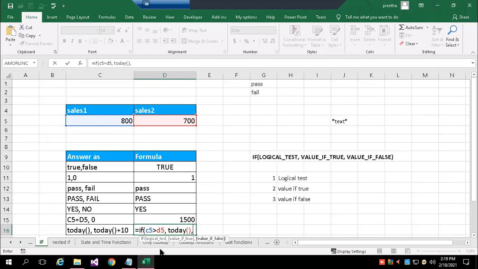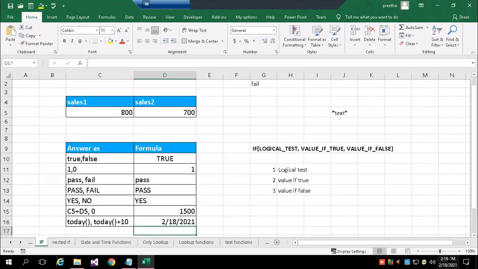Another choice I've given is TODAY plus 10 days. According to this, 800 is greater than 700, true. So if true, what should I get? I should get today's date. In the calendar you can see it's February 18th, and here also I'm getting month, date, year: February 18th.